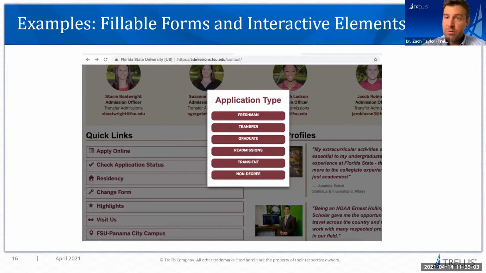Are they a freshman? Are they a transfer, graduate student? None of those menu items were built in a way that told the student, hey, listen, if you click on apply online, you're going to be asked for your choice of application. That was totally missing. You need to make sure that you build hyperlinks in a way where students know where they're going before they click on them.